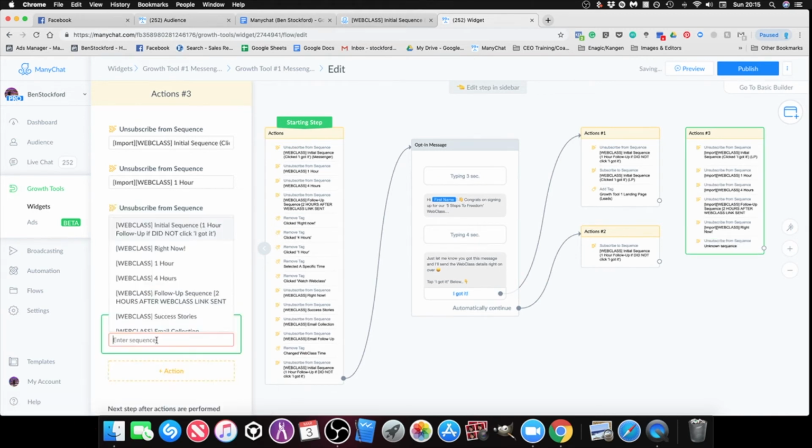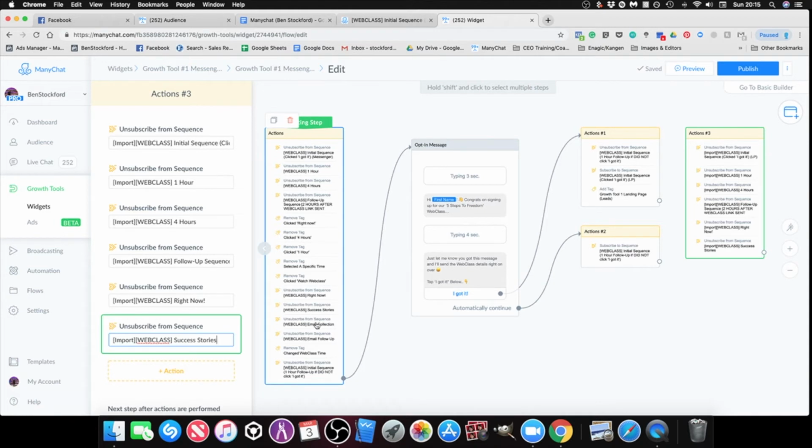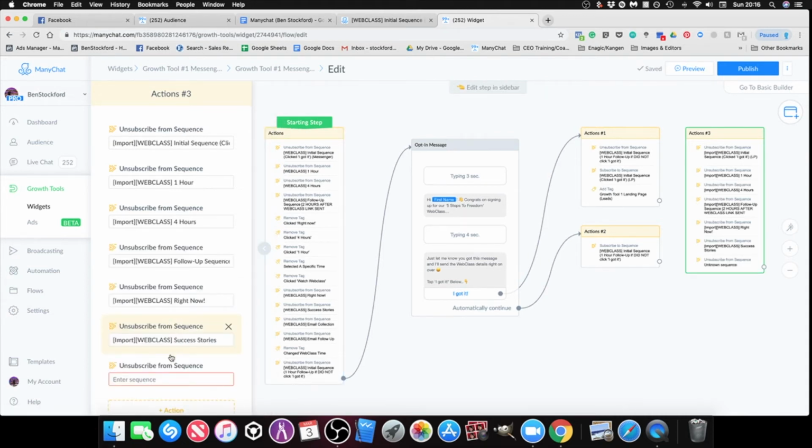And the success stories. Again, these are all unsubscribe from sequence. And then the email collection, we don't need that one, we don't need the follow up because this is a JSON code sequence. And then we need to get rid of the 1 hour follow up. So unsubscribe, 1 hour